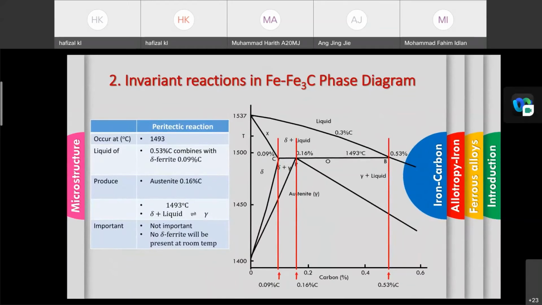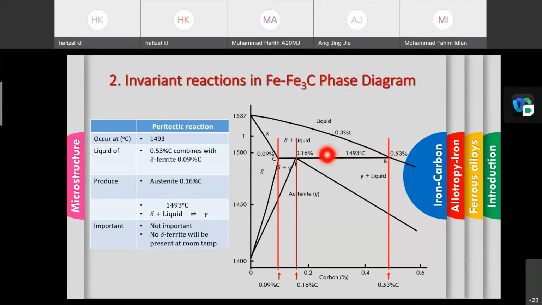Along this line at 1493, the liquid area is somewhere around here, and the composition of the liquid is this point, with a carbon composition of